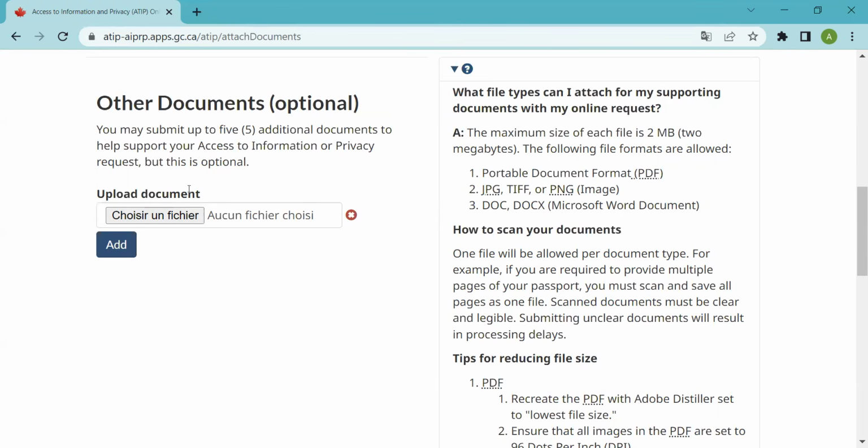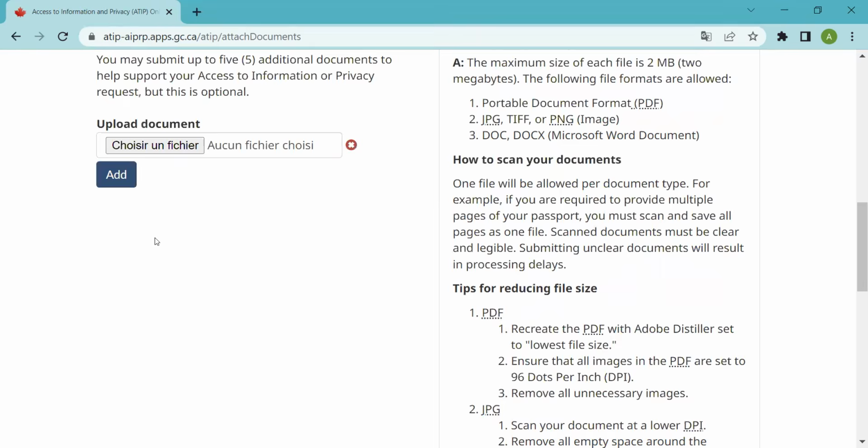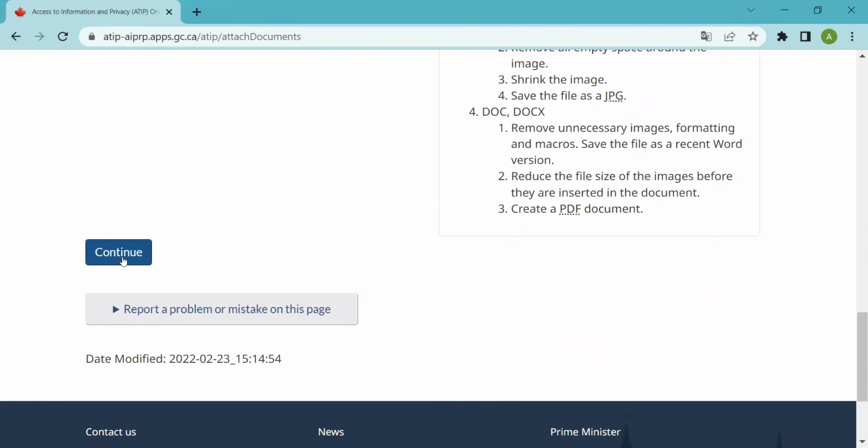So something official from IRCC that shows that you had a file with them. But definitely, this is my practice, I will show my identity, so a copy of your passport. And that also will allow them to find the file and identify clearly your name if your file is misplaced somewhere else. So you do that, and then you continue.